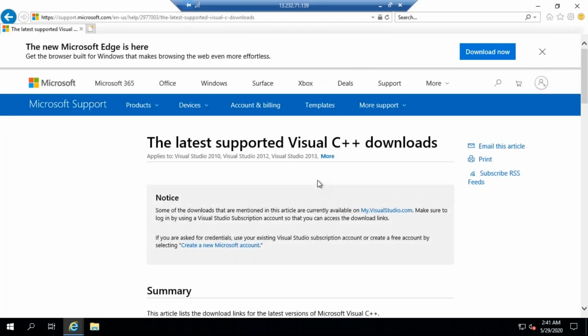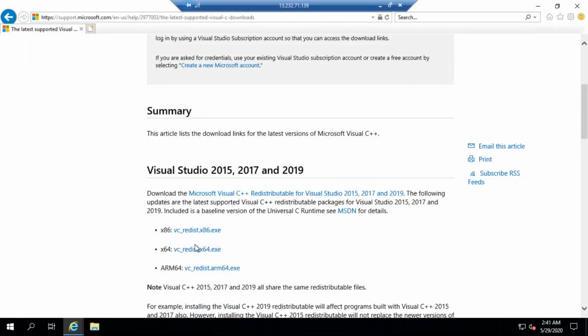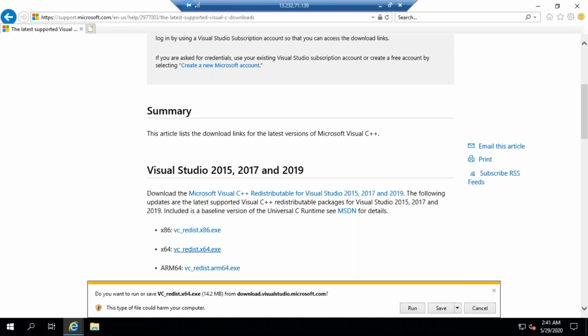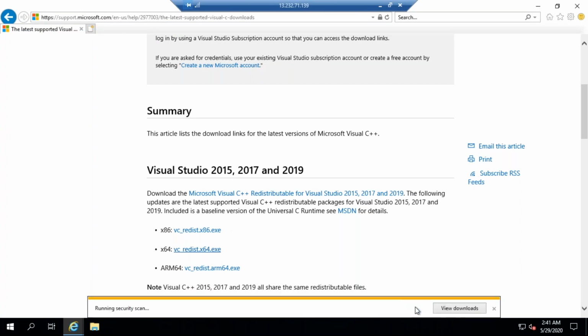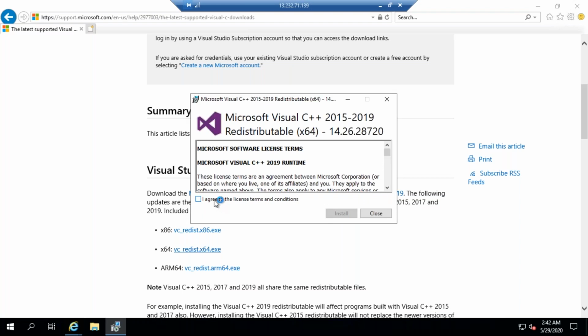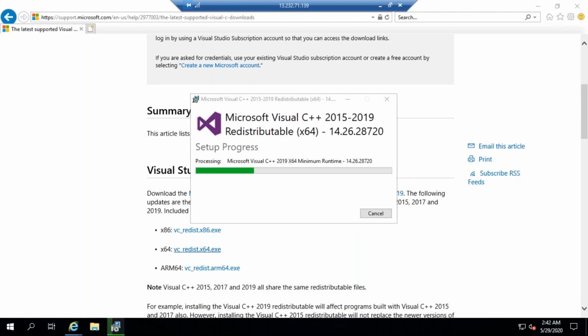Come down. Okay, just click on the 64-bit. Directly you can run it. You don't need to save. This exe file you can run directly. Okay, agree the license terms and conditions. Install it. Okay, so this is installed.